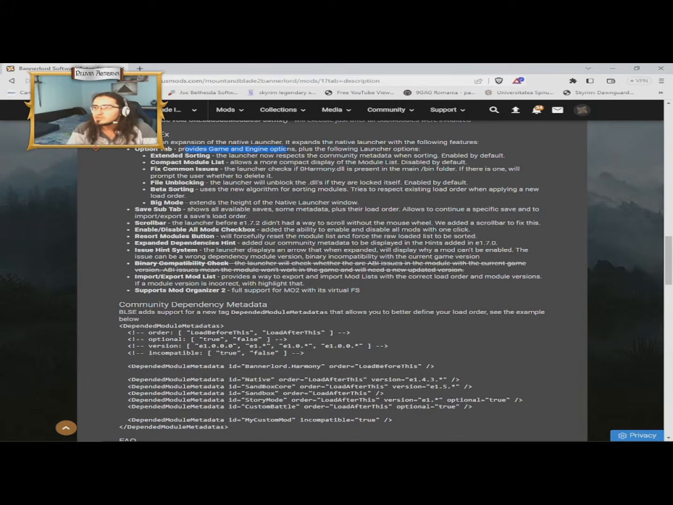It provides game engine options. Respects the community metadata when sorting, enabled by default. Allows a more compact display of the module list, disabled by default. The launcher checks if zero harmony.dll is present in the main bin folder. If there is one, it will prompt the user whether to delete it. The launcher will unblock the DLLs if they are locked itself, enabled by default. Beta sorting uses a new algorithm for sorting modules, tries to respect existing load order when applying a new load order,